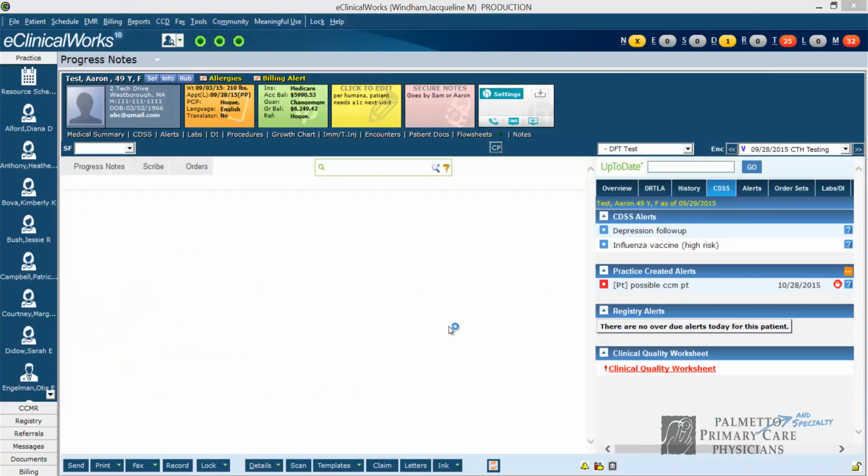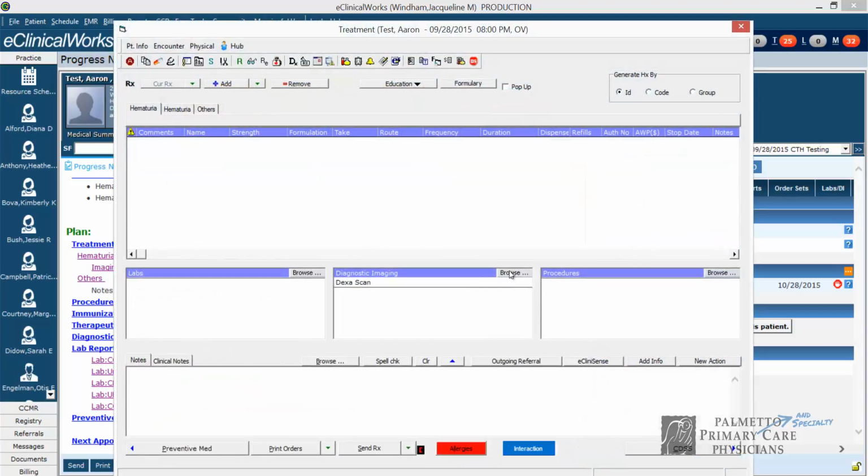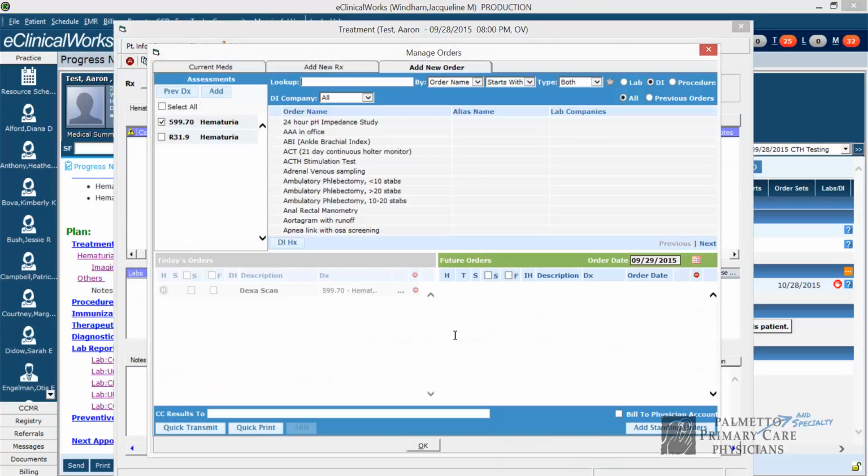The second workflow is for changing the ICD-9 code to an ICD-10 code for those past orders that were previously put in as a today order. So for instance, if you were to go to treatment, you would not see anything because it was previously put in on a past date as a today order. So if I were to click on treatment and I were to click on browse, I would see that there's nothing in future dated orders ready for me to move over. I know that they are coming in